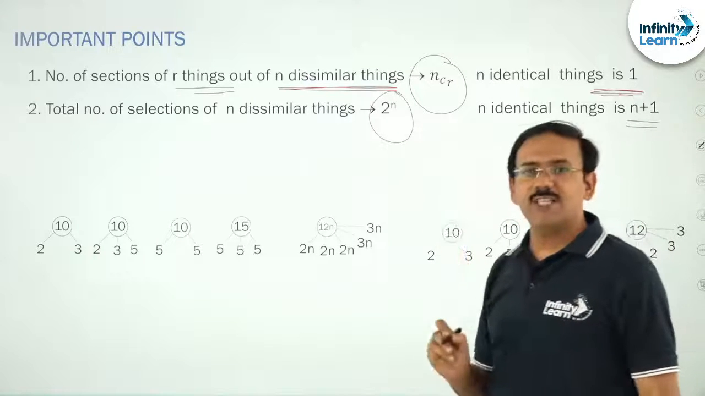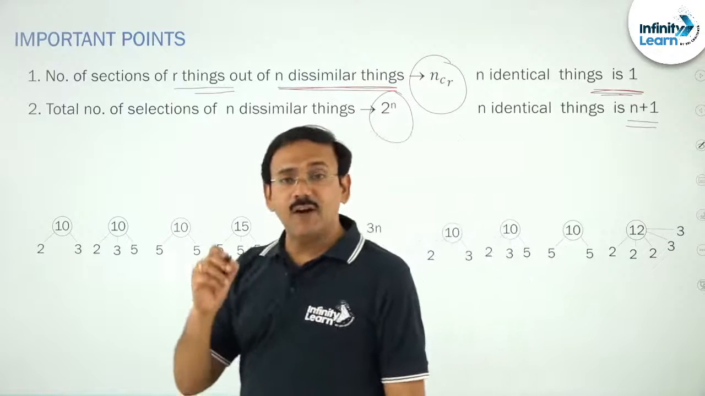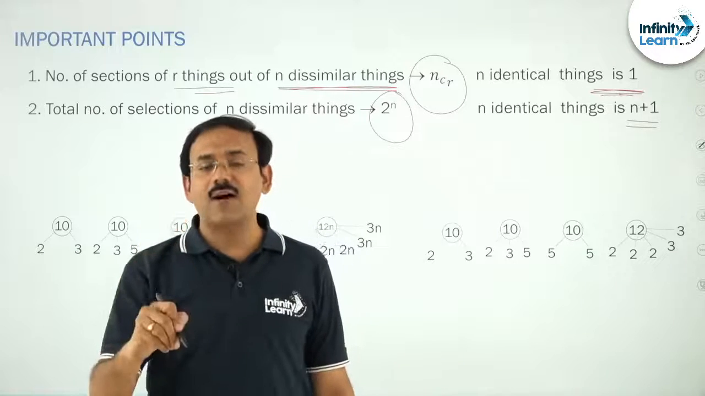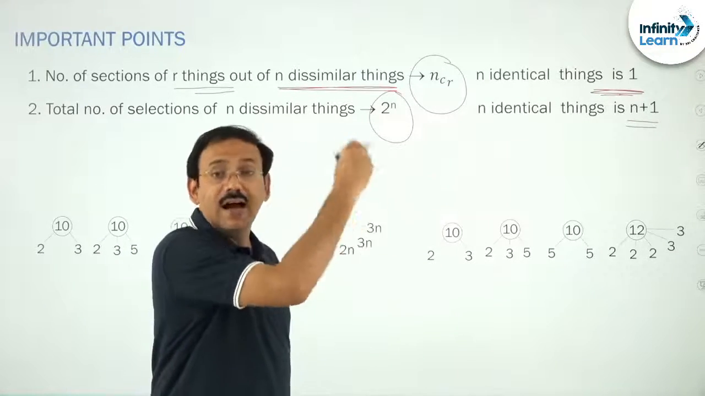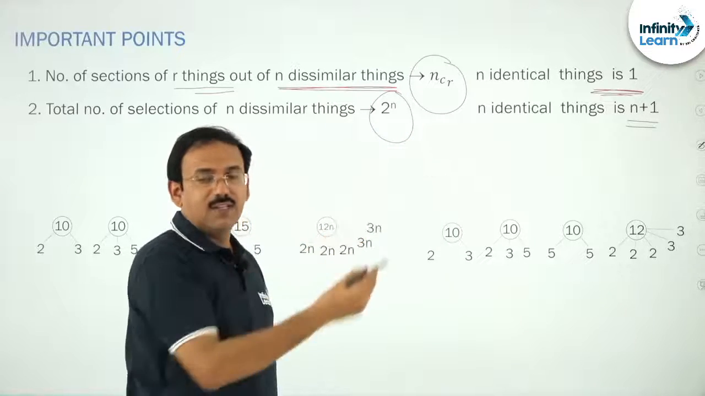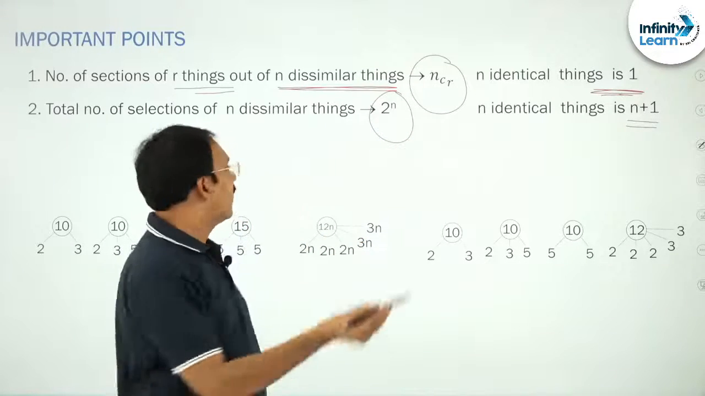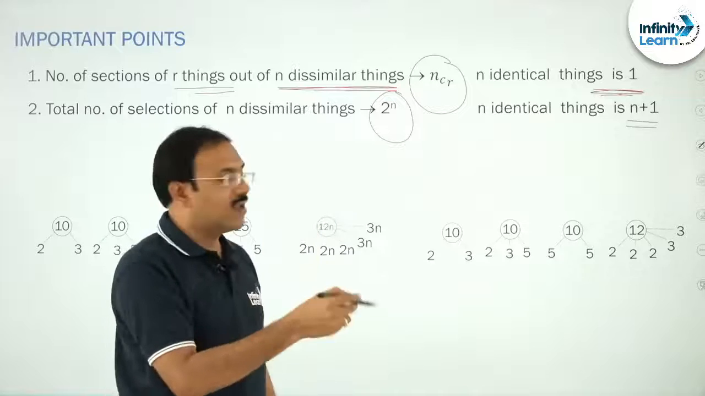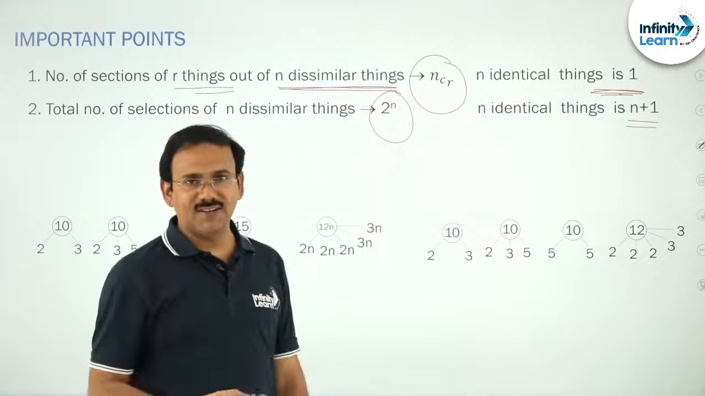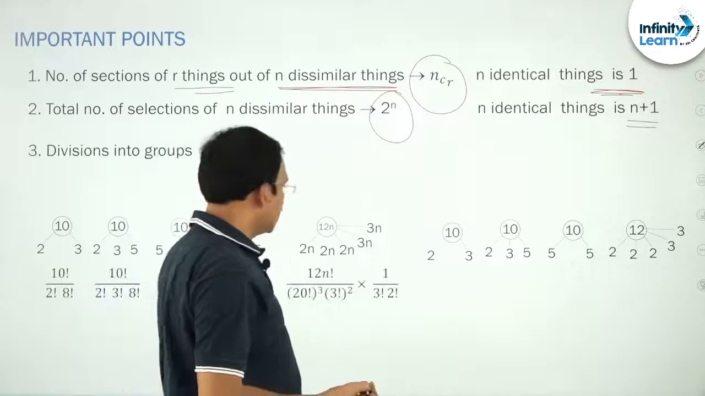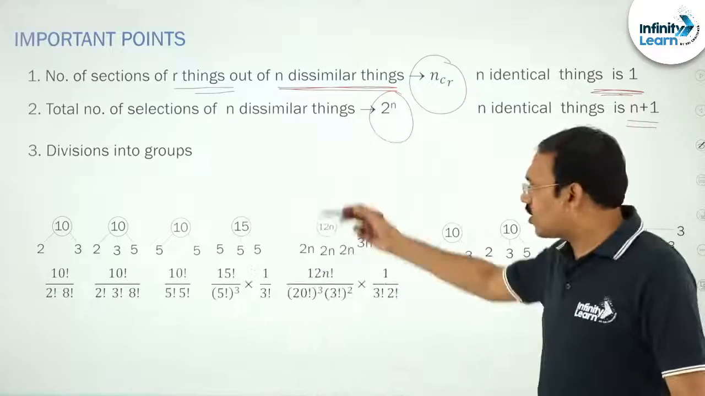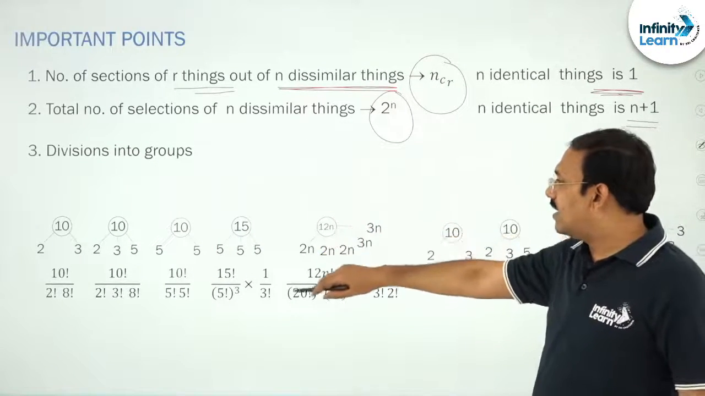Please find the difference between these two. Number of ways of selecting R objects from dissimilar things is nCR, identical things one way. Total number of selections for dissimilar things is 2 power n, identical things n plus 1, right. The next, friends, division into groups. Just now I have seen, I had already told, if there are n dissimilar